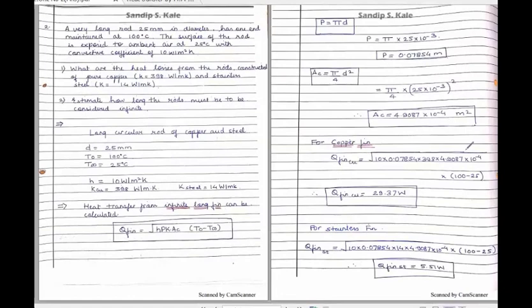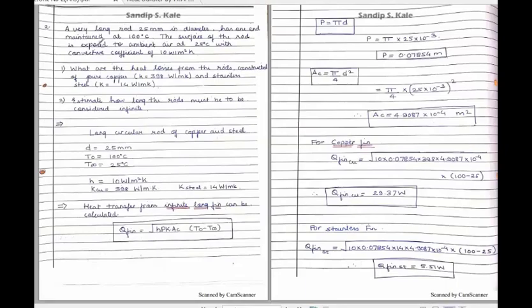Friends, today we will start with the numericals on fin. Till now we have seen the derivation of fins. We have considered two cases: case number one, the fin which is of infinitely long length, and case number two, the fin with adequate length and which is insulated at the tip. So we will use these two cases and then we will see the numericals on this.